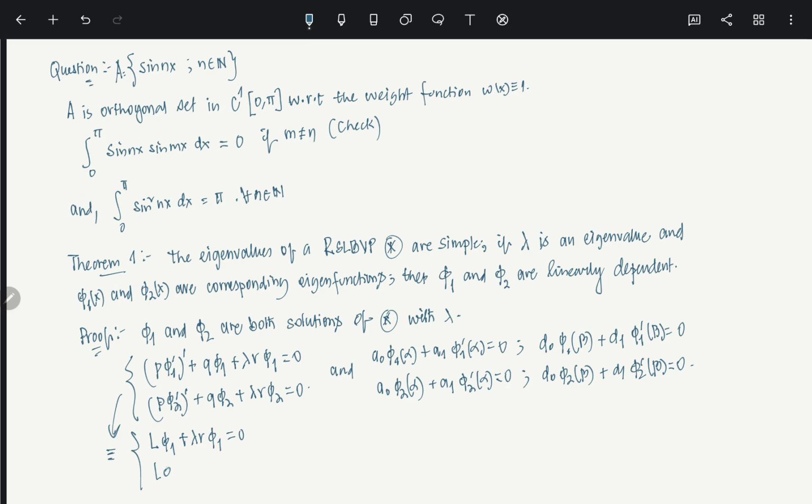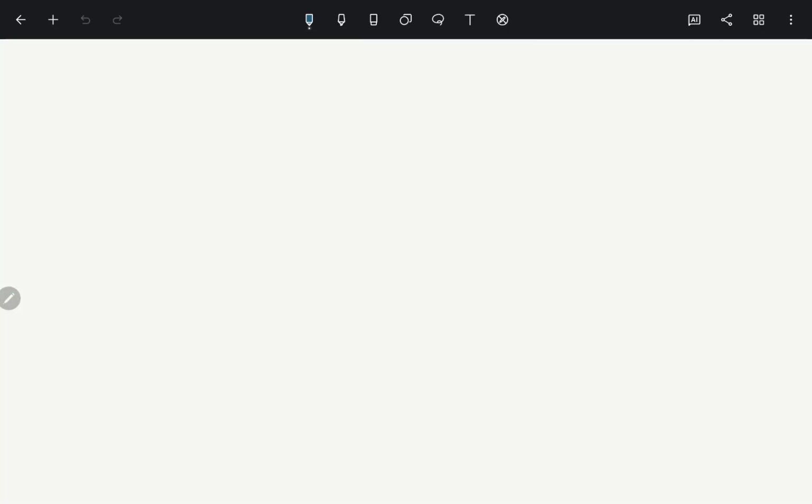And this is L phi2 plus lambda R phi2 equals to 0, where L of y equals to P y prime whole prime plus Q y, right? That's your L of y. So those two are fine, right? Now you remember, if this is the case, you can use Lagrange identity. You remember I told you that we are going to use Lagrange identity later on. So we can use Lagrange here. So using Lagrange identity,